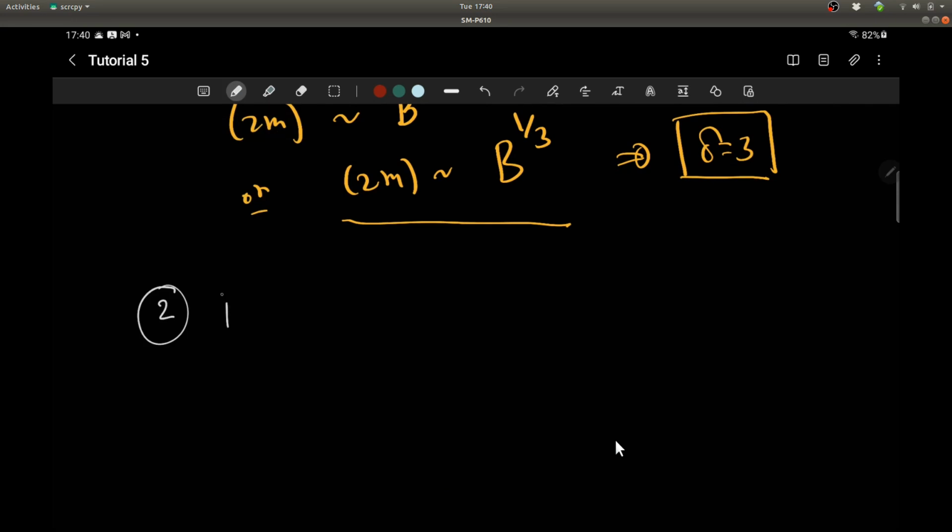Problem 2 is about something called the,